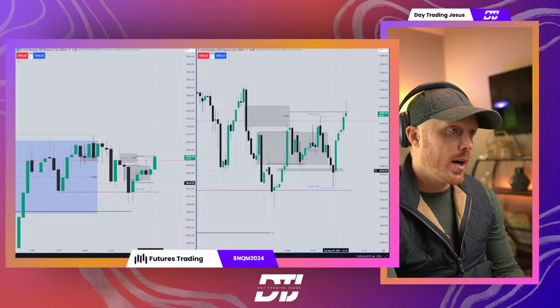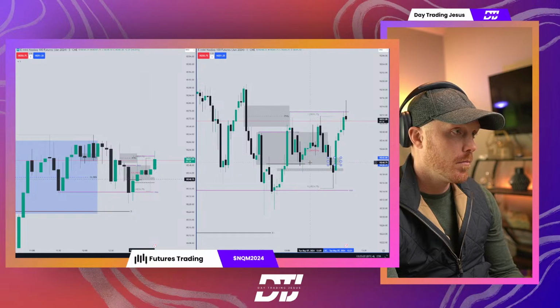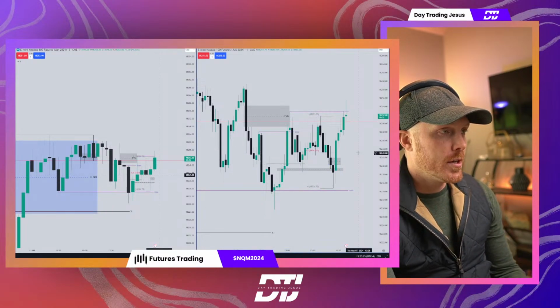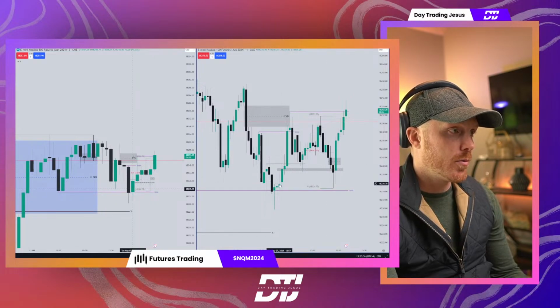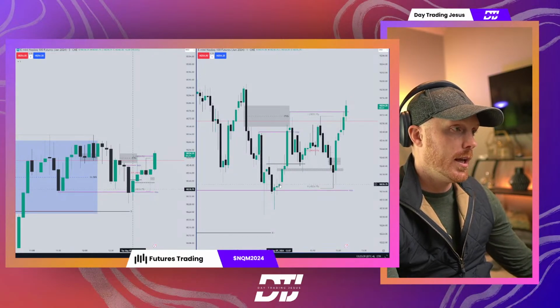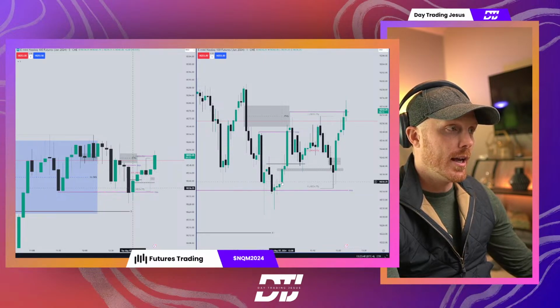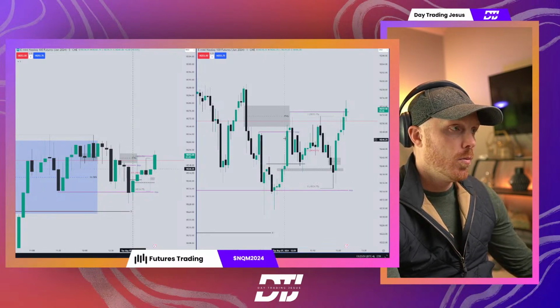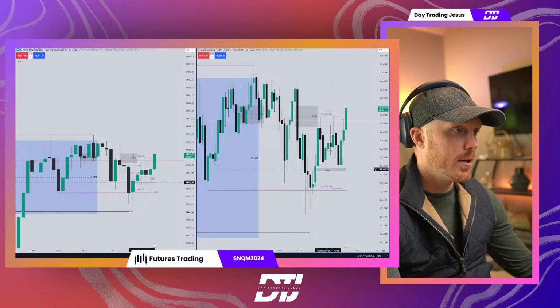It was already too high. The trade idea was the inversion of this fair value gap right here. The reason why I liked it and became interested in it was for two reasons. We ran this liquidity here, this wick. We also tagged this volume imbalance right here. See that space between this candle's close and this candle's open? Well, I mentioned about 20 minutes ago that there's a good chance that price could come down and fill this imbalance. Well, when price came here and filled this 2-minute imbalance right here, this is the 2-minute chart,